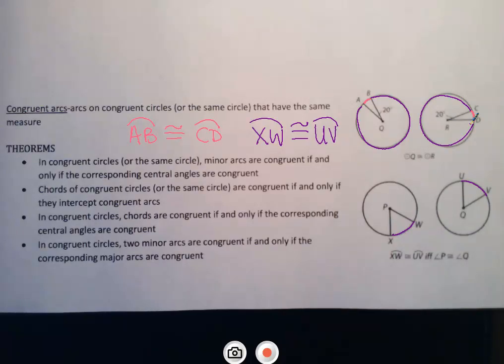So the chords are congruent if the central angle is congruent. And then above that we have, if the chords are congruent, then the arcs are congruent as well. And the last one: in congruent circles, two minor arcs are congruent if and only if the corresponding major arcs are congruent. So that's what we just talked about up here. These two are congruent, so we said their major arcs have to be congruent as well. So, all right,